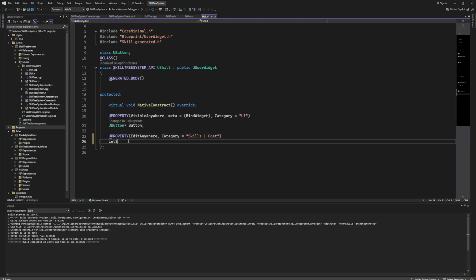That will be just an integer, integer 32. Or actually we can use the integer 16. By that we are saving on the memory. And I'm going to just name it cost. I think that is a name that makes the most sense. You can give different names to your variables. Okay, so